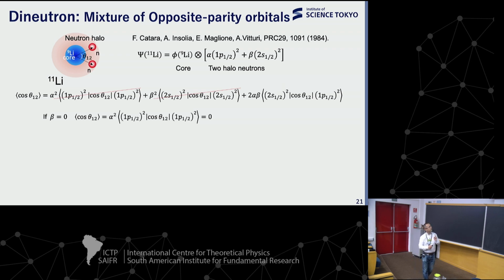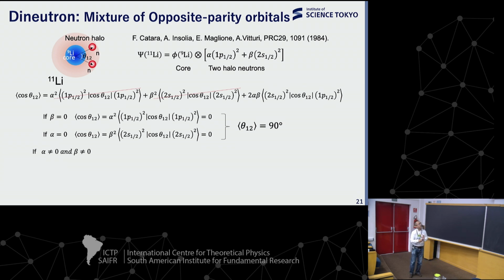So this means that if there is only one component, like p1/2 only, then cosine theta 1,2 becomes 0. The same is true for only an S-wave component, right? If we don't have this mixture, then we don't have any correlations, and the correlation angle becomes just 90 degrees. Okay, no correlation. But if we have these two components, then we have this cross term, so that cosine